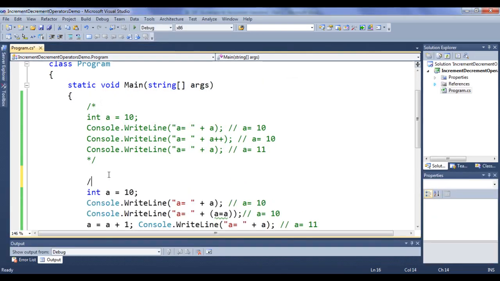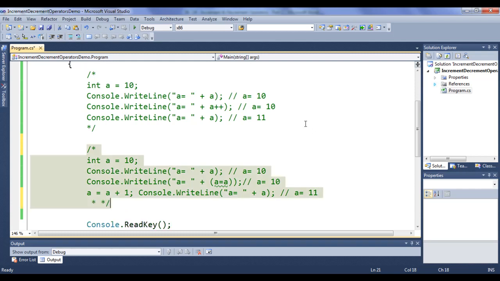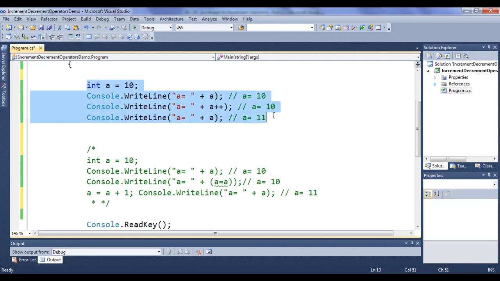I comment this code with /* and */. I uncomment this code. If we execute this code, we must and should see a = 10, a = 10, a = 11 displayed. If we get this output, that means we understood the code correctly, guys.